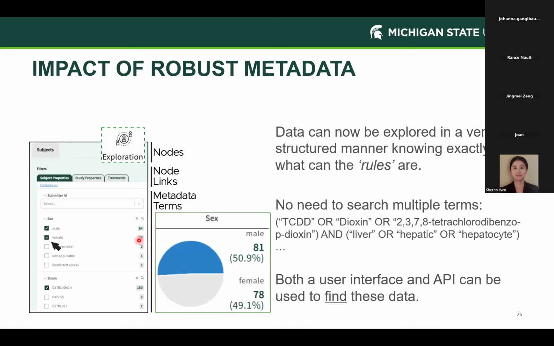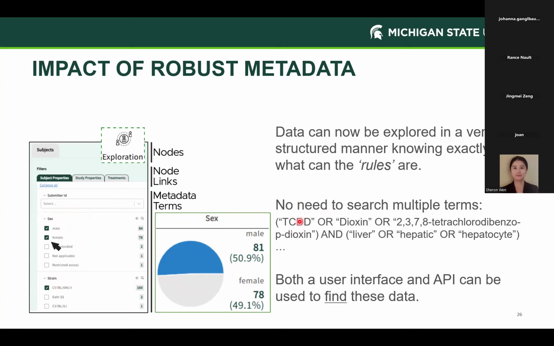So the other really nice thing about having that data model and having this standardized, structured metadata collection is that we can now explore this in a very structured manner, right? Before we were working with spreadsheets trying to find the right terms, but there's an exploration node on ToxDataCommons. Because everything's consistent, we can then just start selecting. We know that this is a category we can search by. We know the strain is a category we can search by. We can count how many are in each of those. And so we can do those kinds of filters and find the right data sets